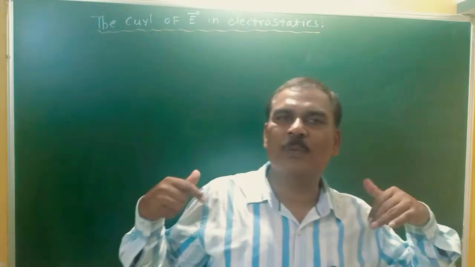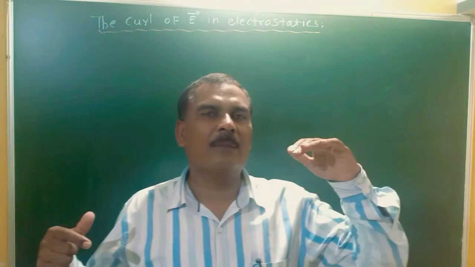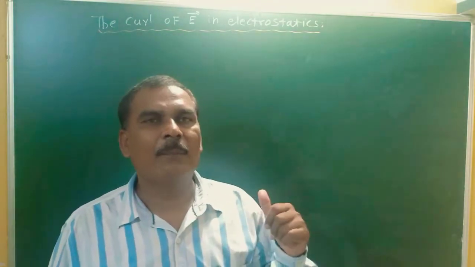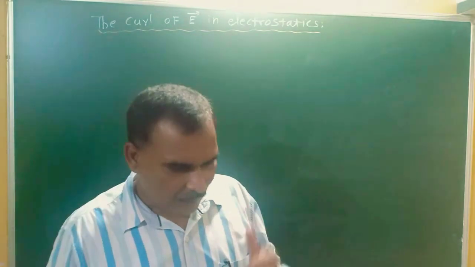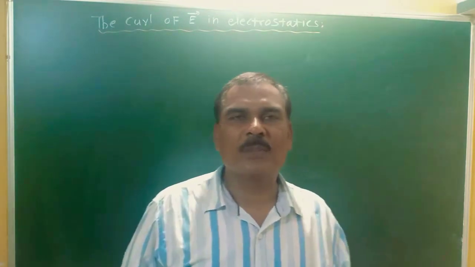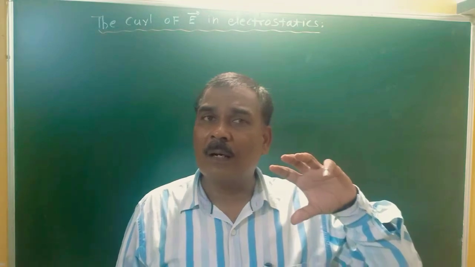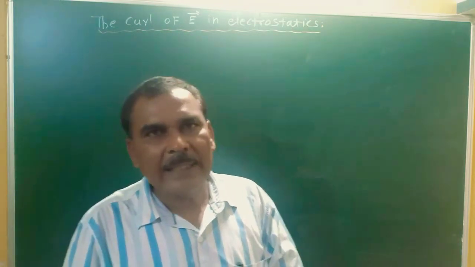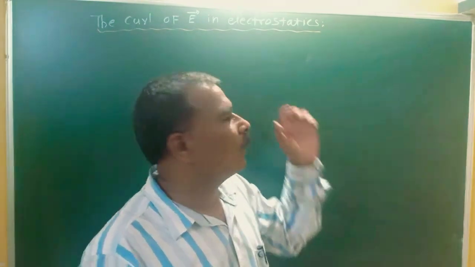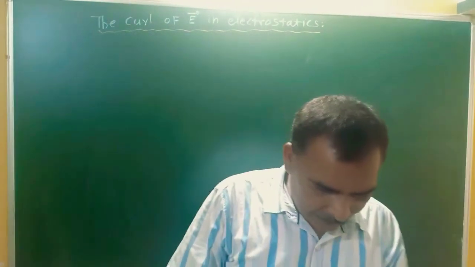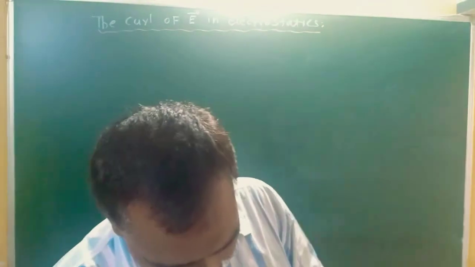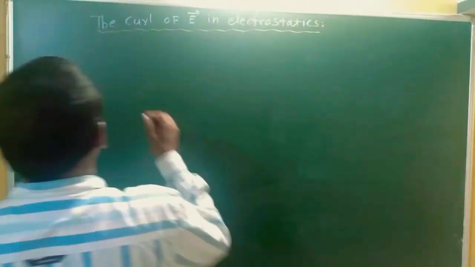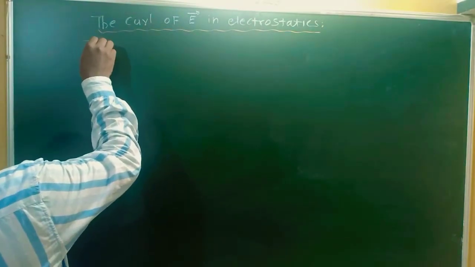Here we also use some part of electrostatics from the 11th and 12th standard. We studied some part in the first year BSc also, and now in the third year BSc we have to study the curl of electric field intensity in electrostatics. For that we consider that the electric field at a point at a distance r is given by the electric field